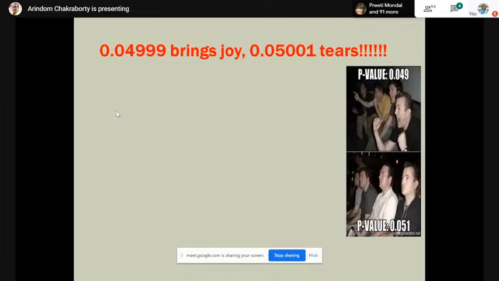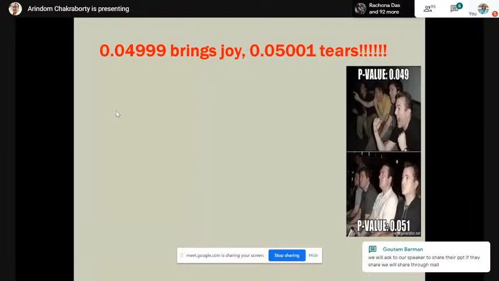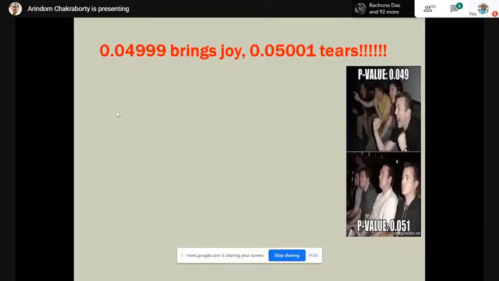So if I round off to 2 decimal digits, both of them will reduce to 0.05. But what you did actually, 0.0499, you are happy. And whenever it just crossed the threshold 0.05, then you're gloomy. Why is it so? Because these two values are more or less the same, but your inferences are quite